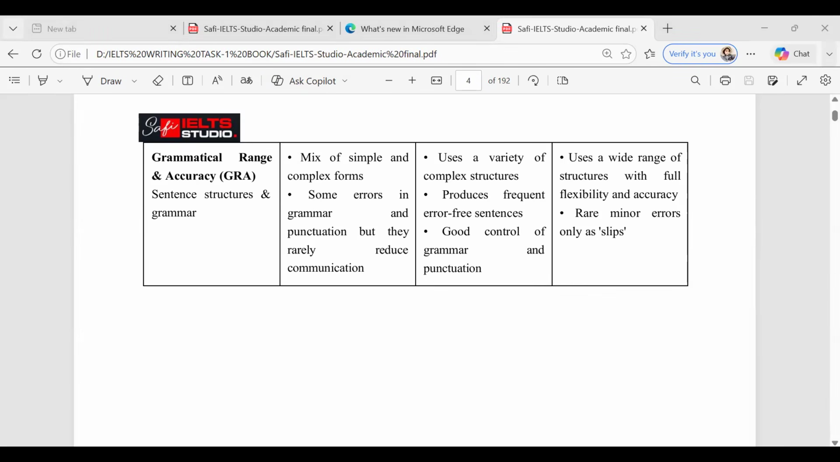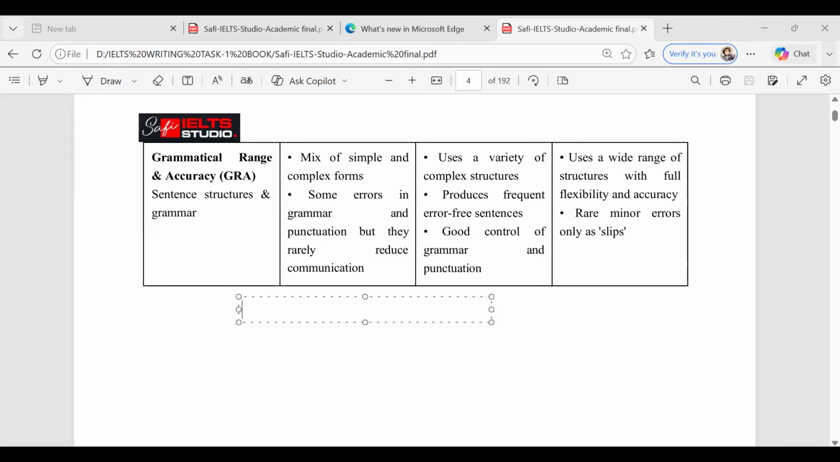So you will be marked based on four areas. Number one is called task achievement. Number two is CC, coherence and cohesion. The third one, lexical resource. And the fourth one, we call grammatical range and accuracy. So four areas. And each area contributes equally. For example, for task achievement,